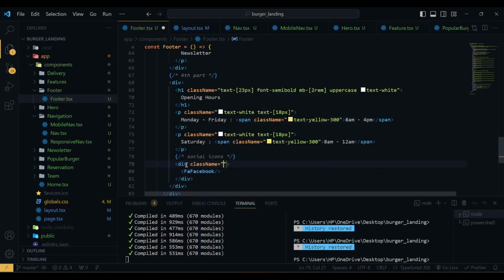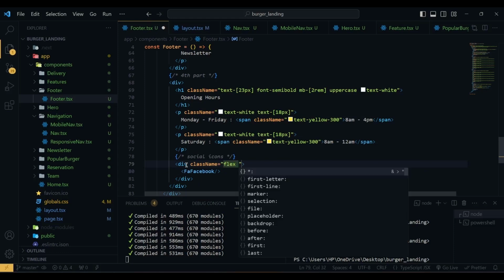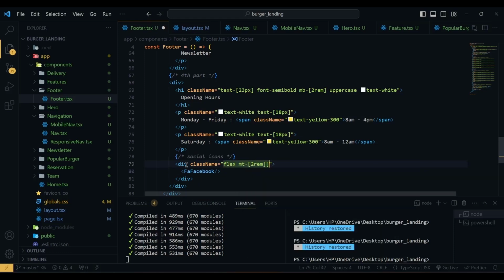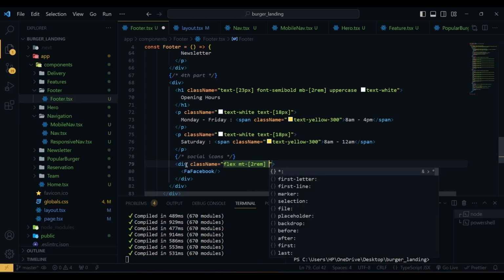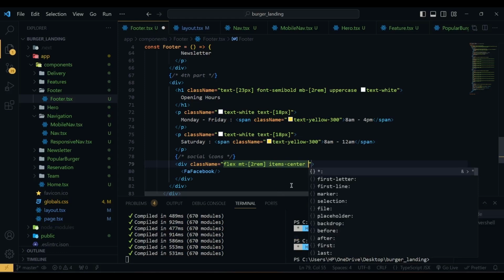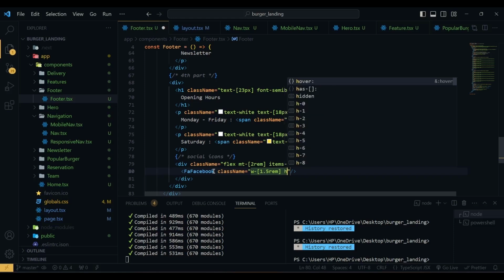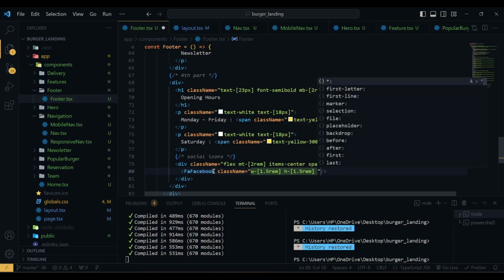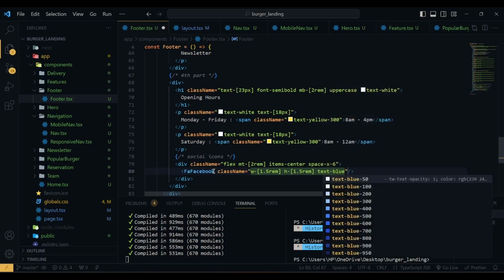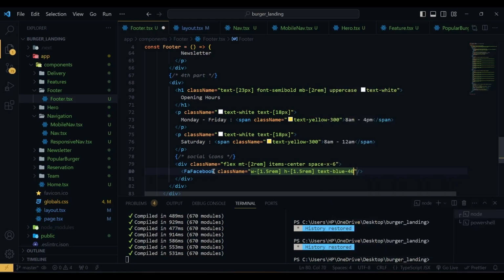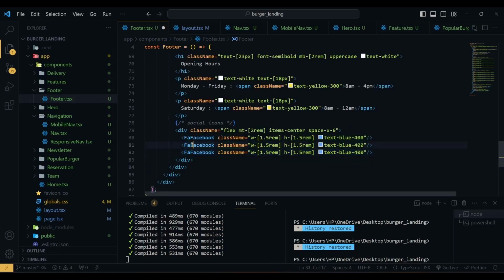so for the div we have a class name of flex, margin top of 2 rem, then items center, space-x will be 6, and for the icon we have a class name of width 1.5 rem, height 1.5 rem, and text blue 400. I'm going to copy this two more times, and second icon is